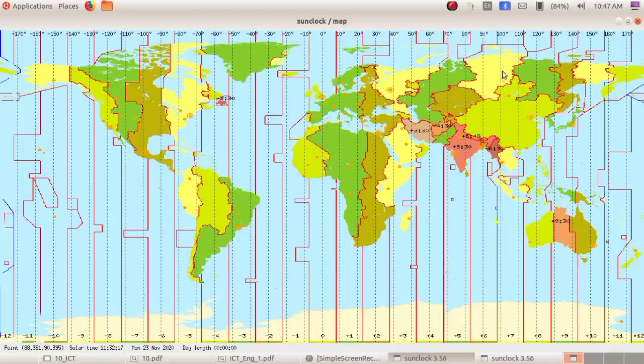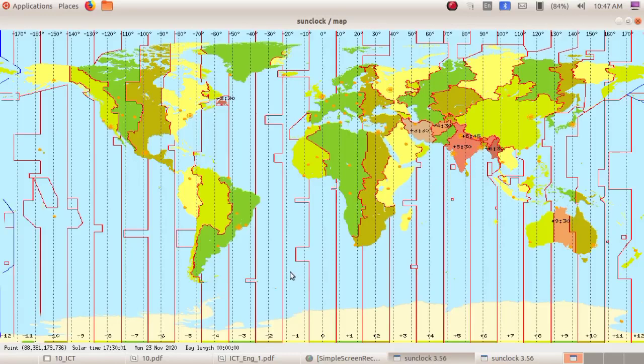Next we have to click on 120 degree. The time has changed to 13:34. That is also increased. Next 150, 15:31. Next we have to click on 180.